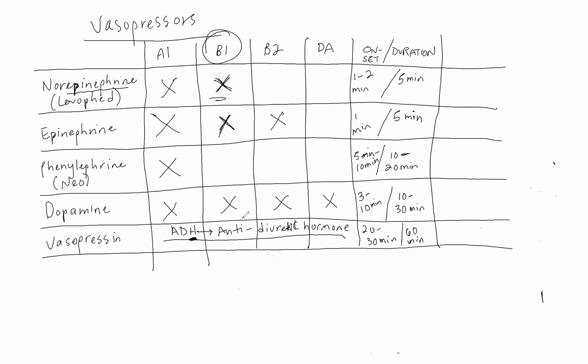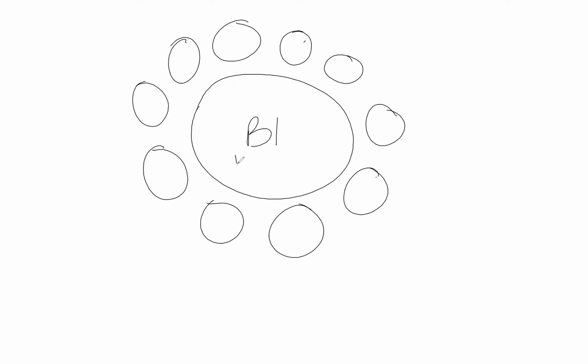And remember, where is this beta-1 receptor? This is on the heart, okay? So how do I know if my beta-1 receptor is irritated? This is pretty simple. I'm going to have changes in my heart rate. So in this scenario, I'm going to have a patient who, let's say, is on, I'm going to abbreviate, levo,